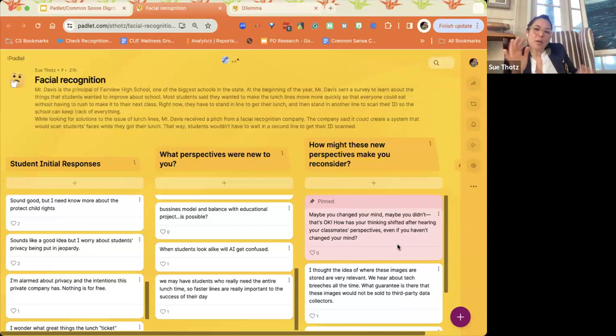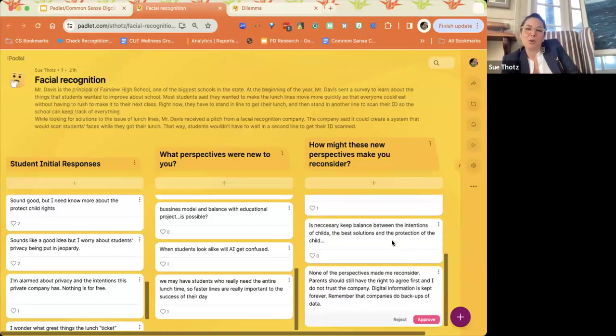I don't know if it works. Maybe you have a suggestion about how I could do this a little bit differently. But it's a 3-step process here, and I want to figure out how to get that initial response, then take a look at somebody else's perspective. How might that change your mind, or influence you? Or how might you be better able to understand somebody else's point of view and help it inform your own point of view? So that's the point of this exercise. Is that kind of fun? I don't know. You don't have to do it, but I love this.